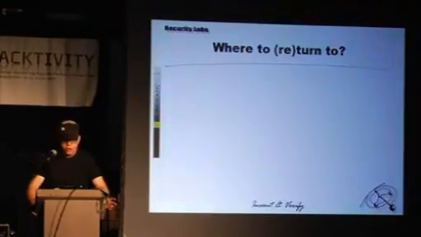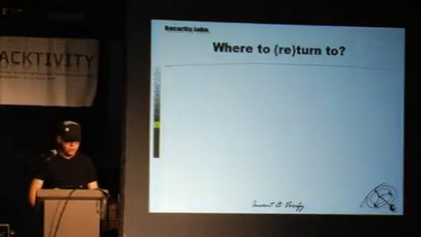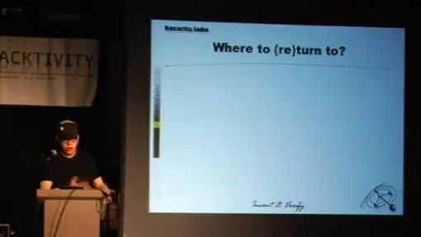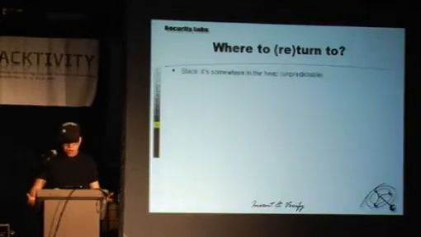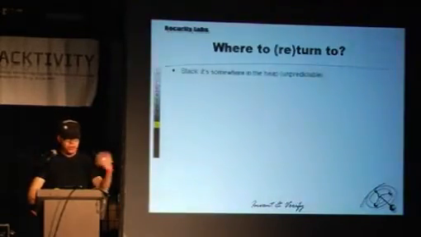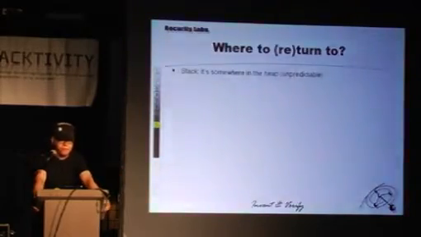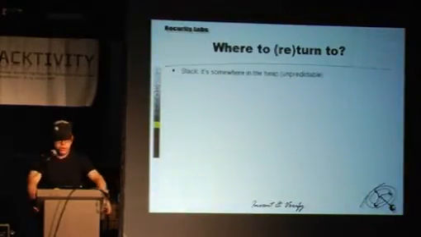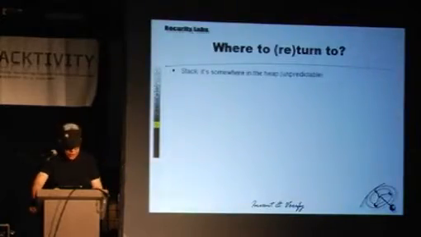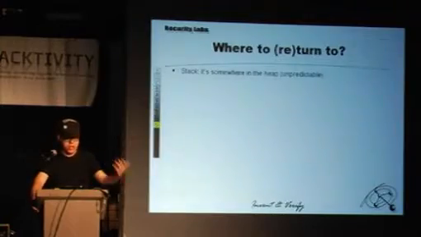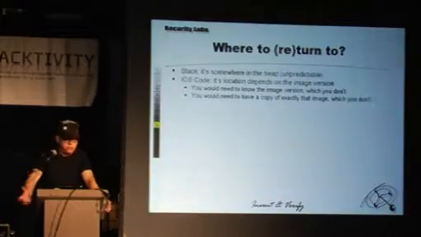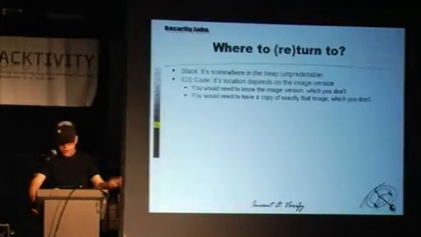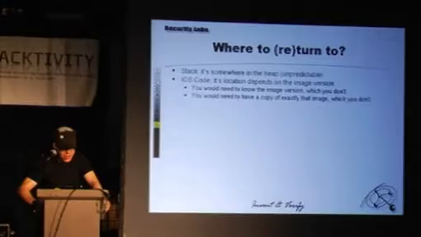But before we have shellcode, we actually need to return somewhere, right? So we have a stack overflow. We can control the instruction pointer of the CPU. Where do we jump to? What do we do? What options do we have? So we could say, well, let's do it Aleph-1 style, the way we've read it in Phrack back in the days. We just return to the stack. Now the problem is the stack of the threads, so-called processes, actually lives on the shared heap. So you don't know where it is. We could return into iOS code, but as I just explained, we don't know where that is either.